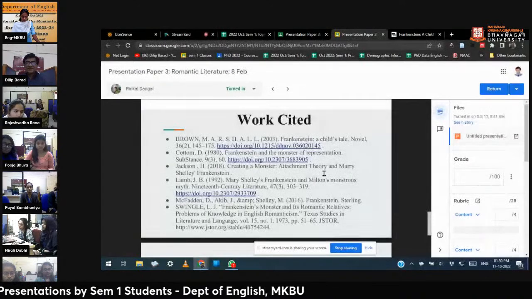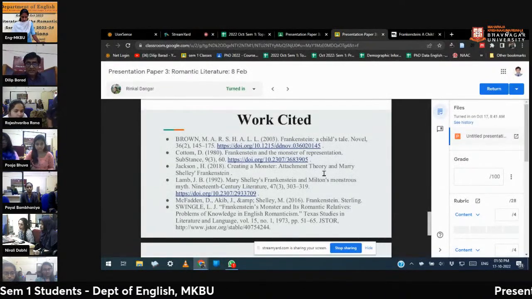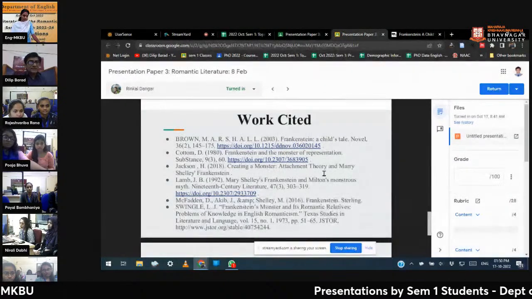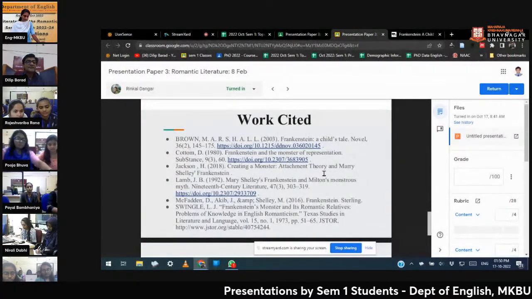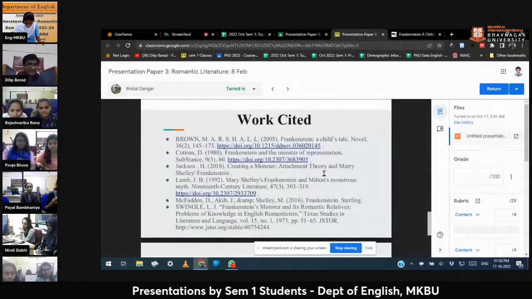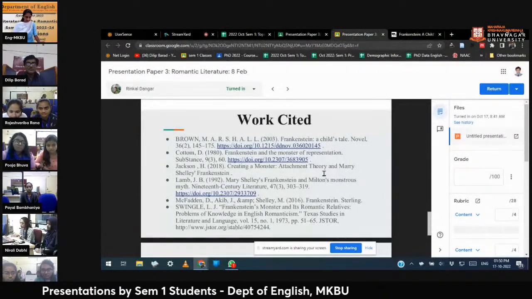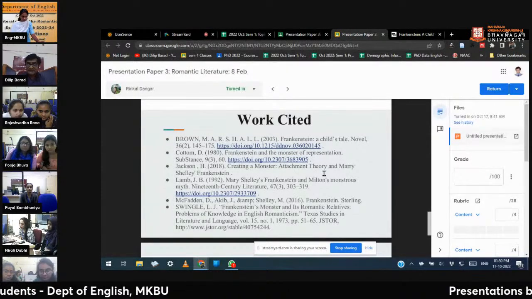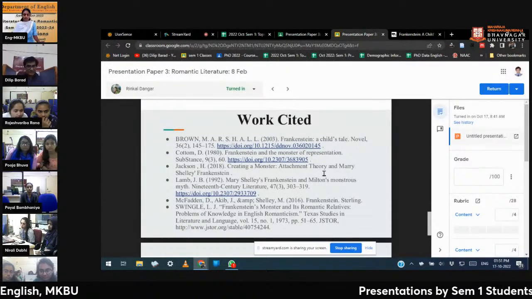Now here there is a mixture of APA and MLA style citation. When you write a date, the year in parentheses after the name, it is APA style. So Marshall Brown, that is Brown Marshall 2003, that is APA style. Now if you see the last one,